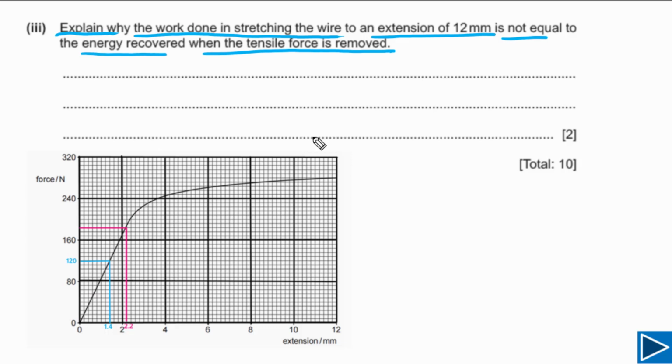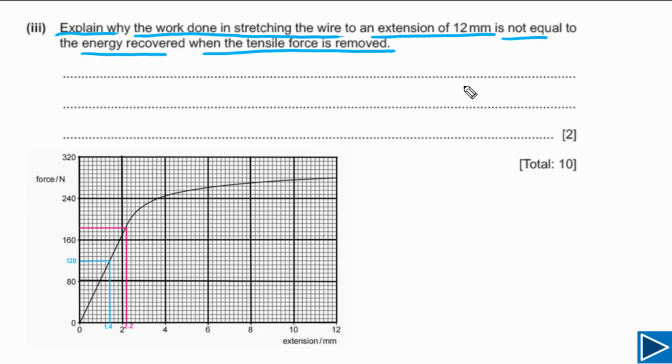Strain energy is the energy that can be recovered, and that means the amount of work done can only be recovered as long as the wire is in the elastic region, or simply we can say until the elastic limit. So the amount of work done can be recovered because when we do work on the wire before the elastic limit, the amount of work done is stored in the wire in the form of strain energy,